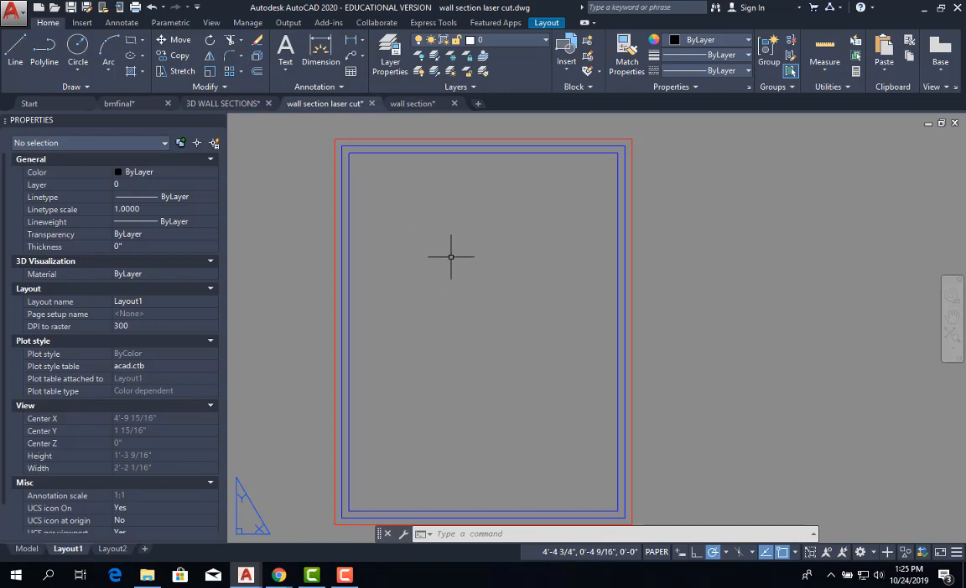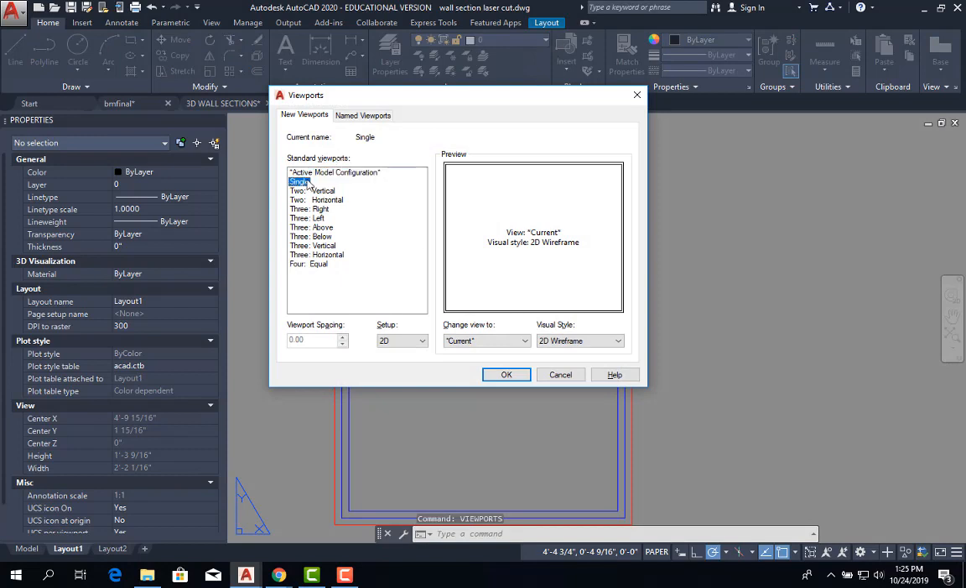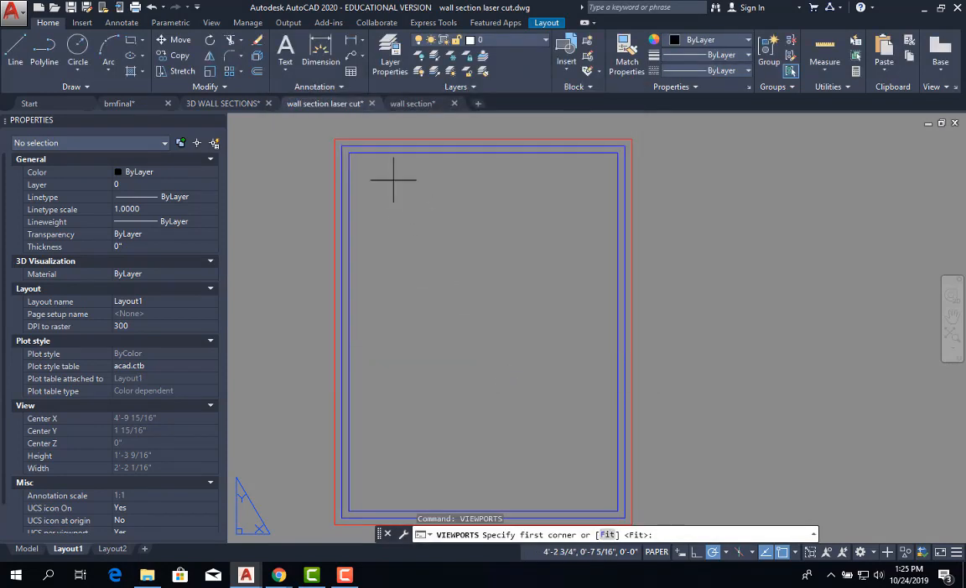Here is where we're going to set it up to scale. So for us to do that, we're going to have to open a viewport. A single viewport, and I'm going to go from here to, actually, before I do that, I want you to, well,